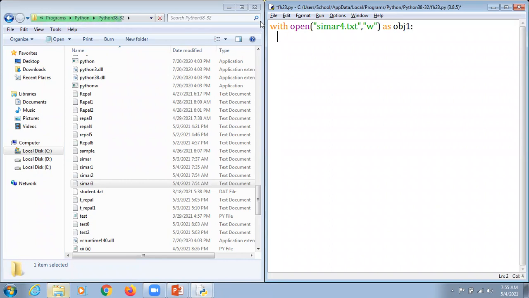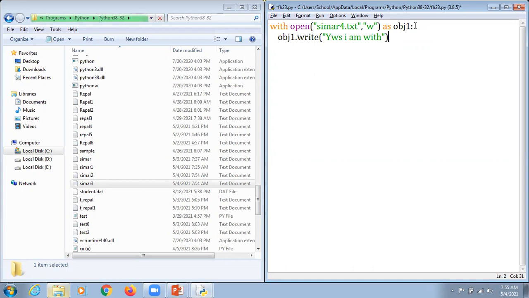This is the syntax actually: with, after that opening a file, the name of the file is simar4.txt, and in which mode we are going to open that file, that is write mode, as obj1. obj1 means this is a file object here. When we hit the enter key, we type obj1.write, and yes, I am with, and I'm just going to close that particular.